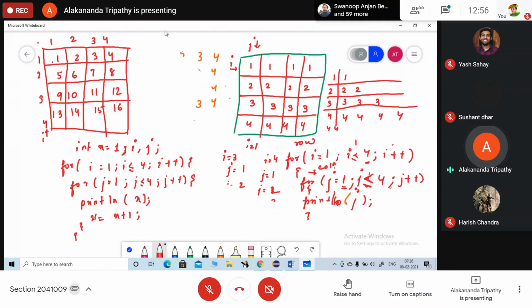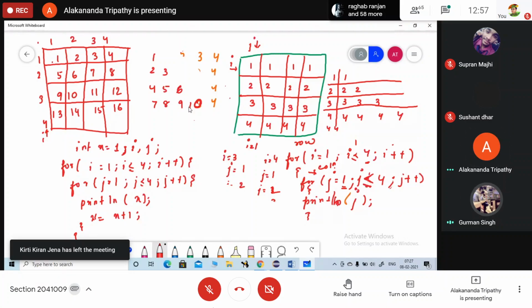Now, if your output should be in this order 1, 2, 3, 4, 5, 6, 7, 8, 9, 10, then what will it be? If you want to print the output in this order, j less than equals to i, that's all. Very good, j less than equals to i.